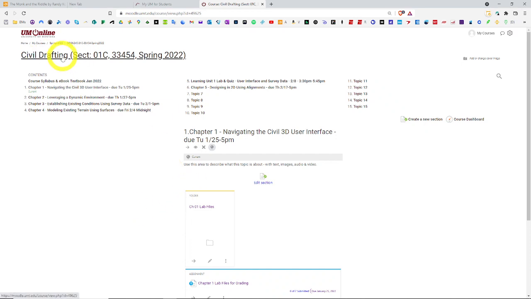I'm here in our class at the moment, and we're going to start with the syllabus and book for yourself prior, but we're going to start right up with the files and the chapter labs in Chapter 1, Navigating the Civil 3D User Interface, which will be our first week of class. If we go into lab files, as we're going to do through the semester,